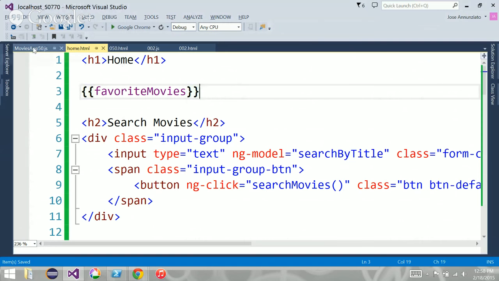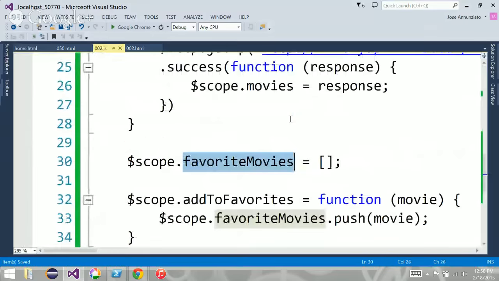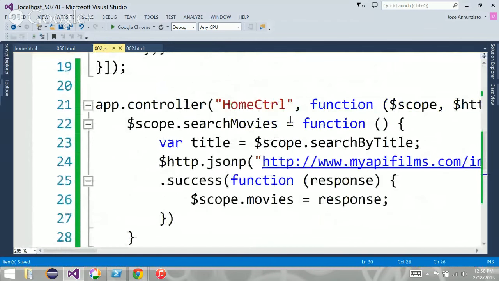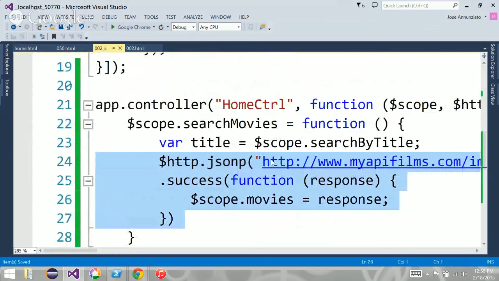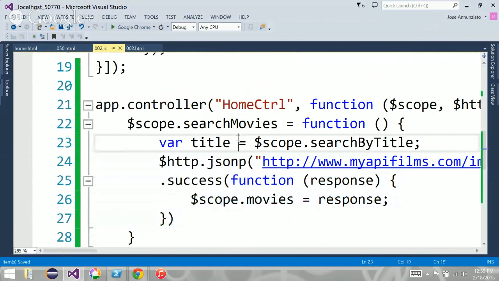One way to do it, which is more kosher, is instead of going directly to the servers from here and manipulating the model right from here, a typical design feature that we might want to use is what are called factories or services, Angular services, where you put all this stuff.